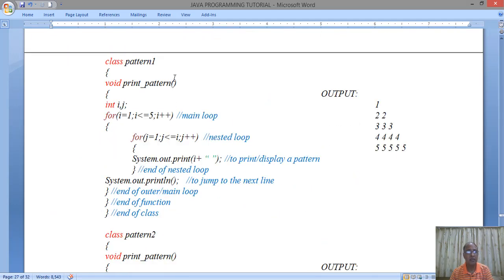We can print patterns also with the use of nested loops. Again we have I and j, I 1 to 5, j 1 to 5, printing I plus a space. Now here we have used system out print. System out print is used to print the numbers adjacently, one after another in the same line. So this will print the pattern here, output 1, 2, 2, 3, 3, 3, 4, 4, 4, 5, 5, 5. And to change the line, we have a system out print line, that is a print statement to bring the cursor down to the next line. So after the line is printed, then the cursor comes to the next line.